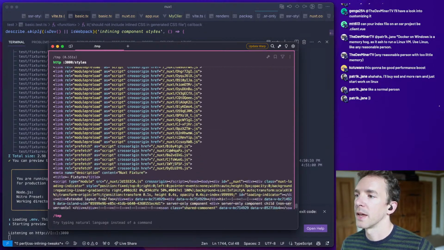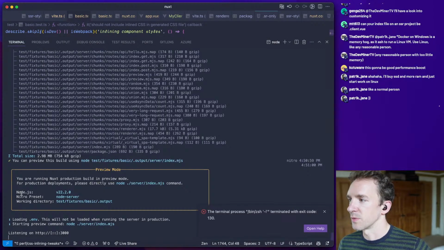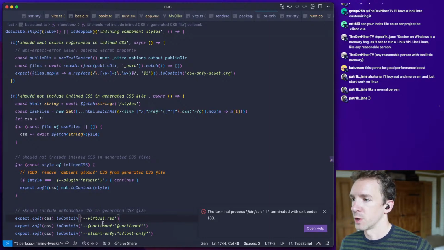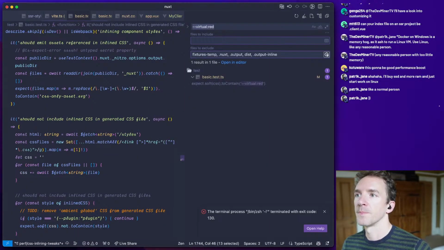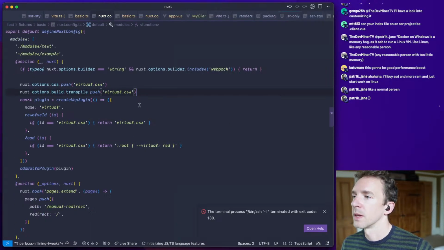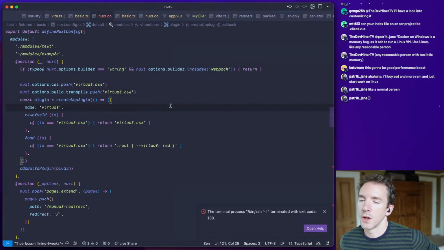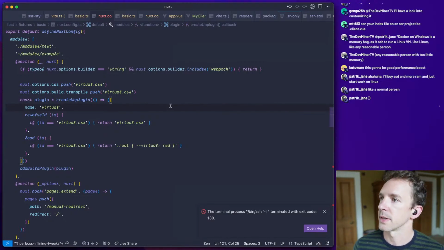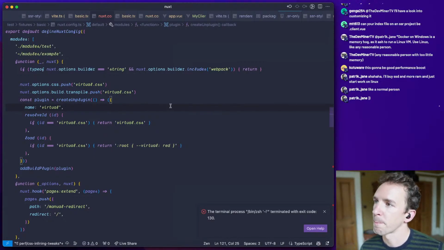Okay, so basically, all right. So it is good that we have such full tests here, because this is showing that the virtual import, which is not being added to the inlined CSS, but it should be.